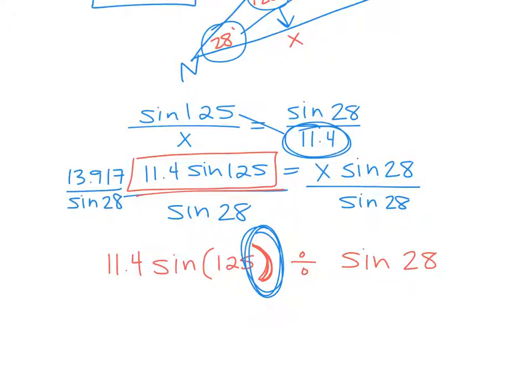So it's totally up to you. I don't care how you plug it in, but you have to figure out what works for you, because if you miss this parenthesis, you're going to get it wrong every single time. Okay, so if you want to play it safe, go this route where you hit enter and then divide by sine 28, and you should get as your answer